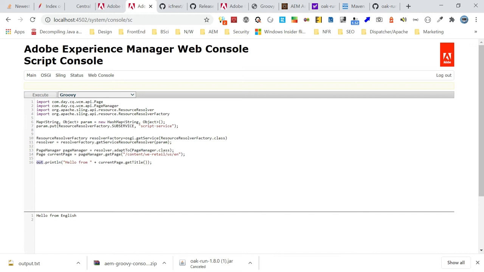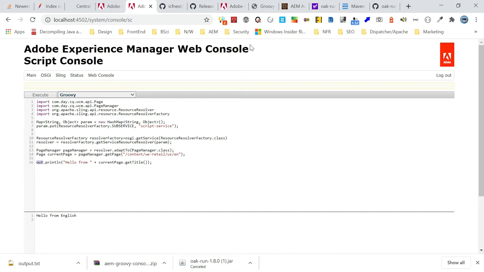Let us now talk about the next option. So how to use the Groovy console extension from ICF Next to execute the scripts. ICF Next has developed a Groovy console for AEM. This enables a console to execute the script in AEM. Also provides some advanced features like notification, scheduling, etc. Also exposes different predefined variables to simplify the scripting. Also the framework can be customized. It's open sourced, so based on our requirement, we can customize it.